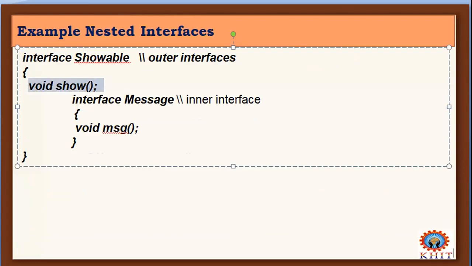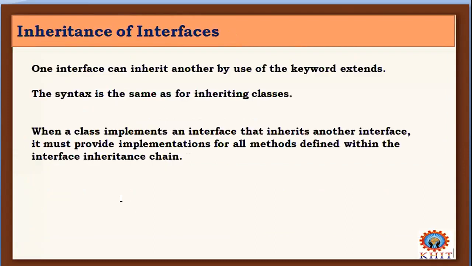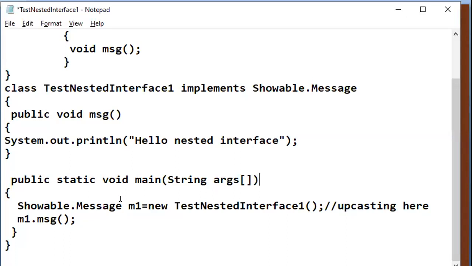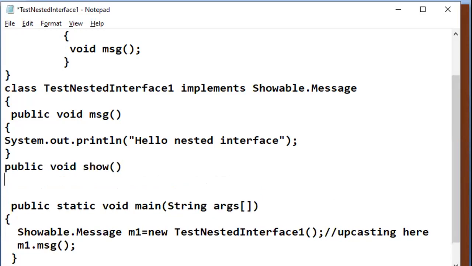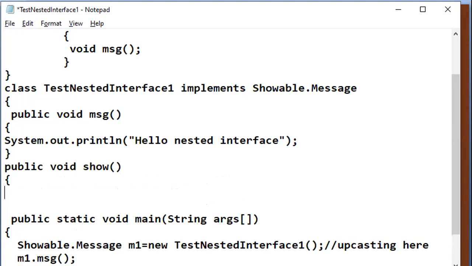You can also write this. Okay, so we'll try to write something like public void show, method show. Okay, there I'll try to write something, System.out.println.